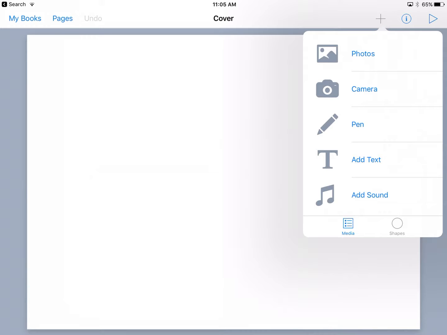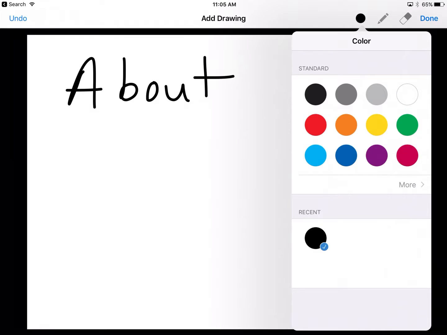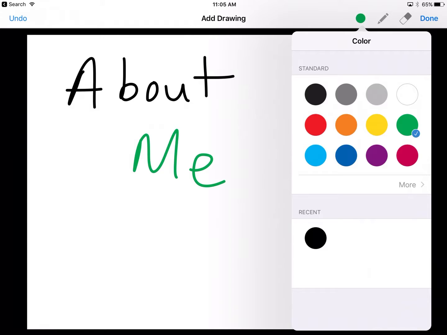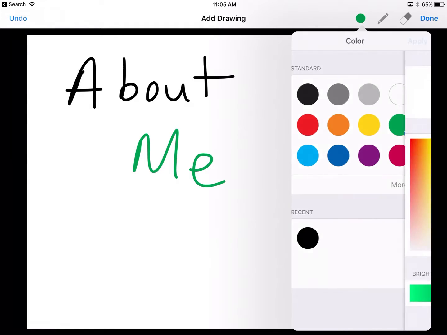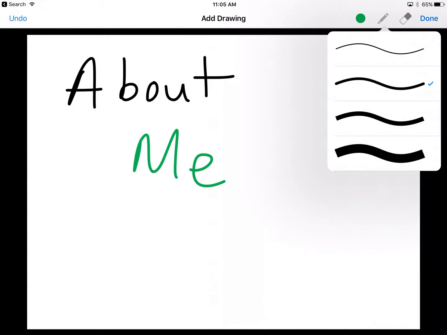I also have the pen feature, which is really wonderful. Let's go ahead and add some pen. I did pen. I can go ahead and write. I can change the color of my font. I can also change the color to be whatever I want it to be, which is pretty sweet. If I go over here, I can change the thickness,